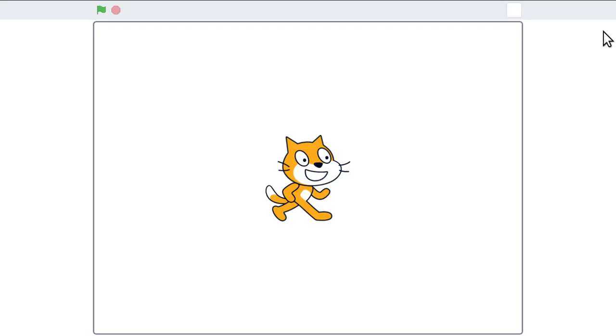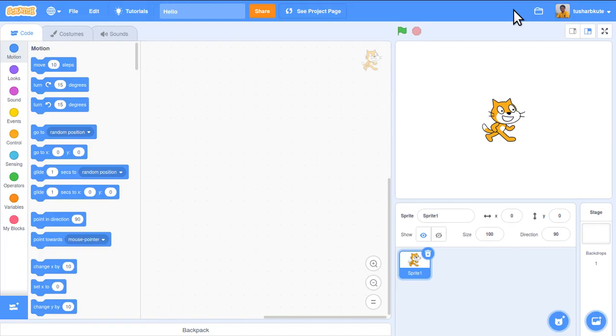When I click on this, the output window will be shown in full screen, and the activities which we have created with the help of the program will appear in full screen on your computer. If I want to minimize it again, you can see the option with four arrows going inside. So in this way we can control this particular output window and the visibility of the sprite also.